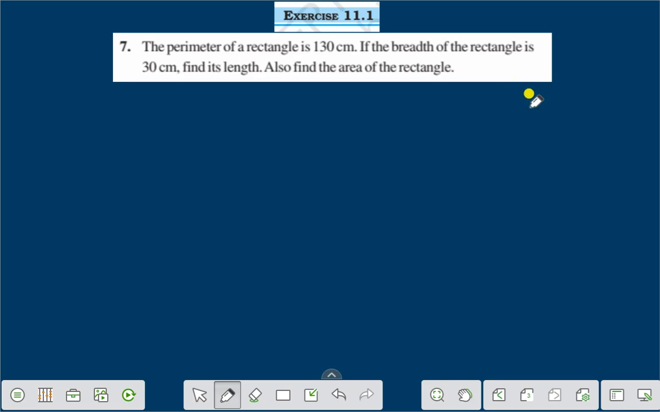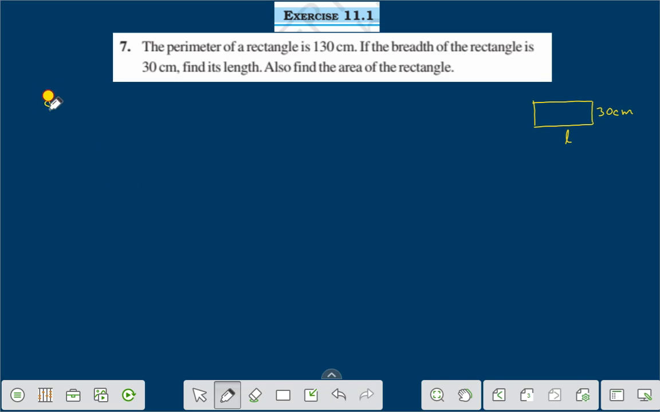Suppose this is a rectangle. Let the length of the rectangle be L and the breadth is given as 30 cm. And perimeter is given as 130 centimeter. Therefore, perimeter of the rectangle,